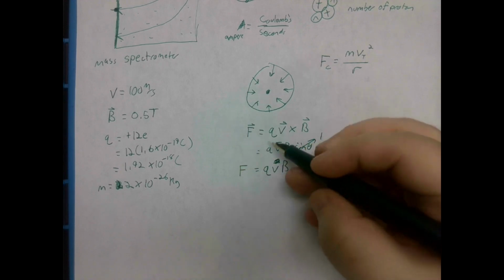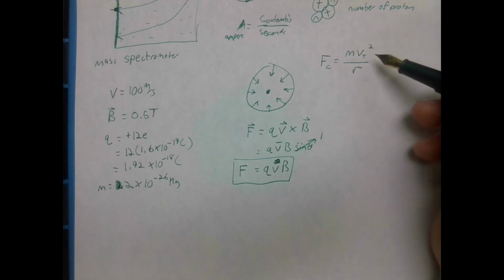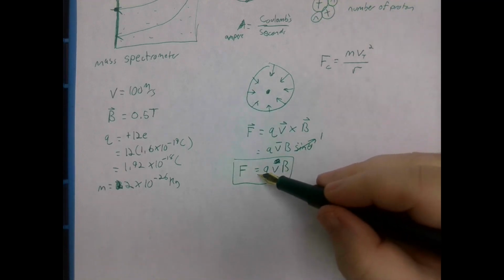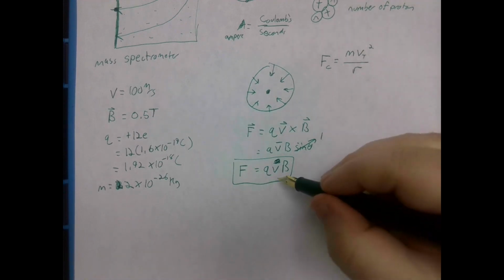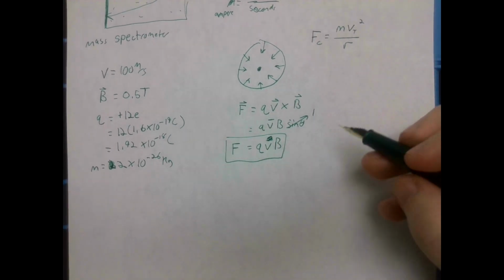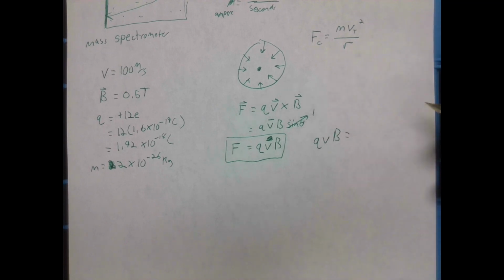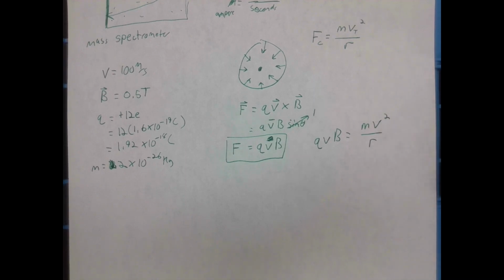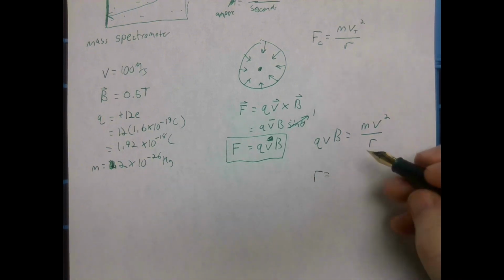So this is equal to the force, but it's going in a circle, so it has a centrifugal force equal to this force. This force is making it go into a circle. So these two values have to be equal. So that means the charge times the velocity times the magnetic field has to be equal to the mass of the particle times the velocity squared divided by the radius. Solving for the radius has to equal